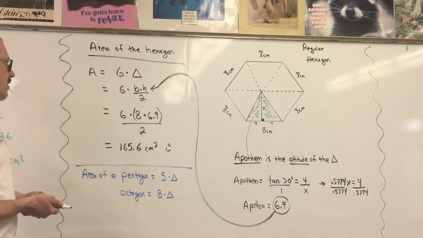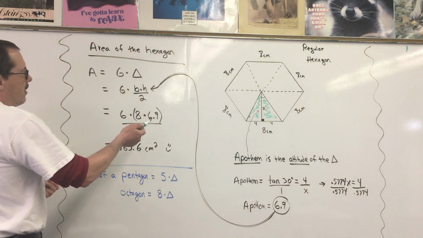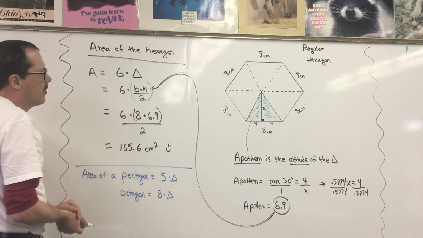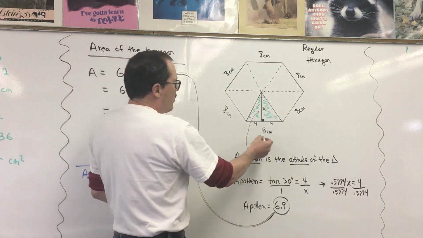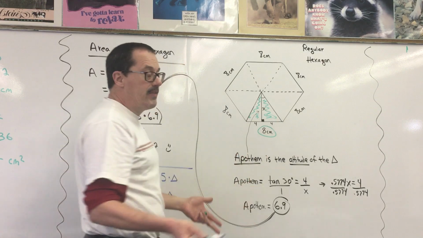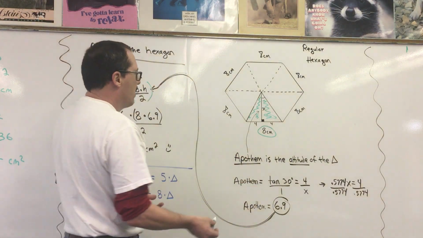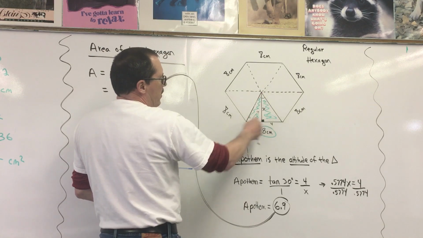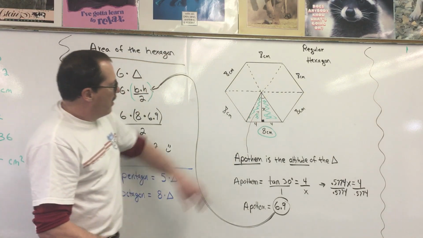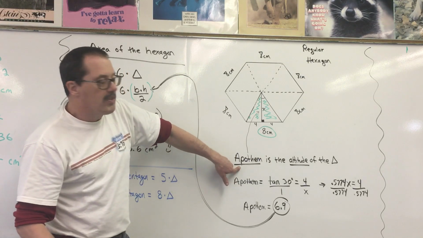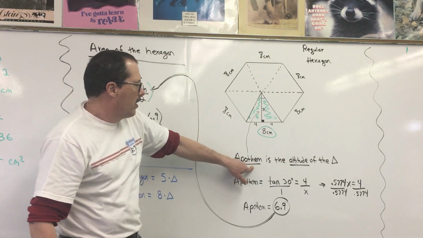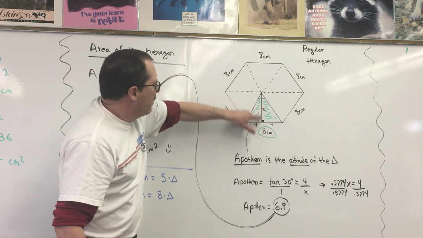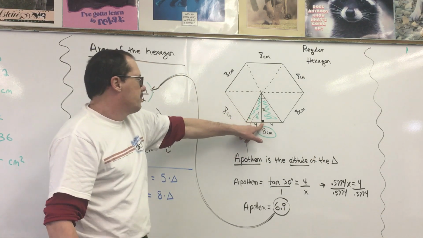Okay, so now the deal to be able to find that is, first of all, the formula for a triangle is base times height divided by 2. Well, the base, they already told me, was 8. They have to give that to you. The problem is, I need to find the height. So this x right here, I'm letting be the height of the triangle. Now, that x has a very fancy name, which is called apothem. And that is in your book. It's actually just the altitude of the triangle, which means it's the height going from the black square here up